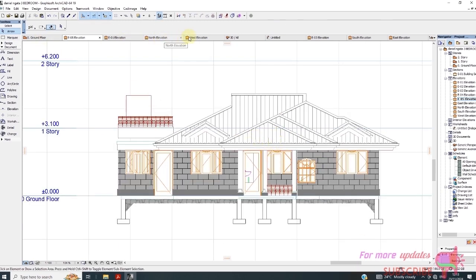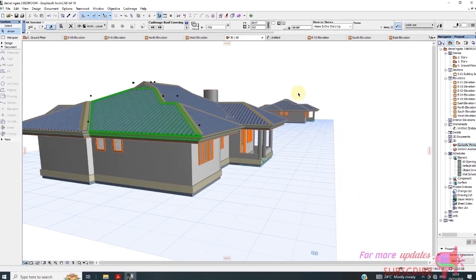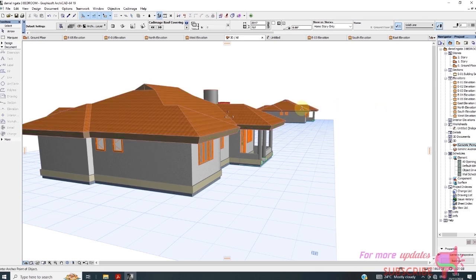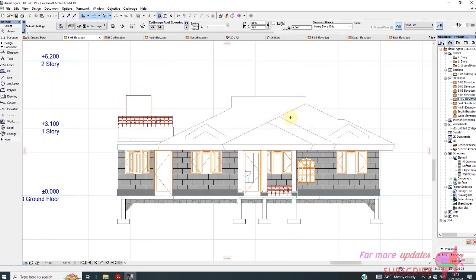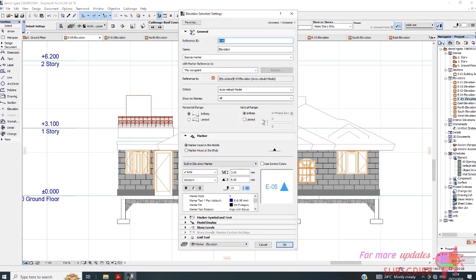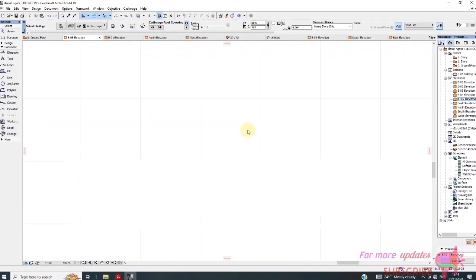Then we come to all 3D. I think it is this here, right click, select. I want to delete those coverings. Then let me go back to that. Okay. All right, here now, go to settings, make sure it is drawing so that changing your drawings will not this time affect